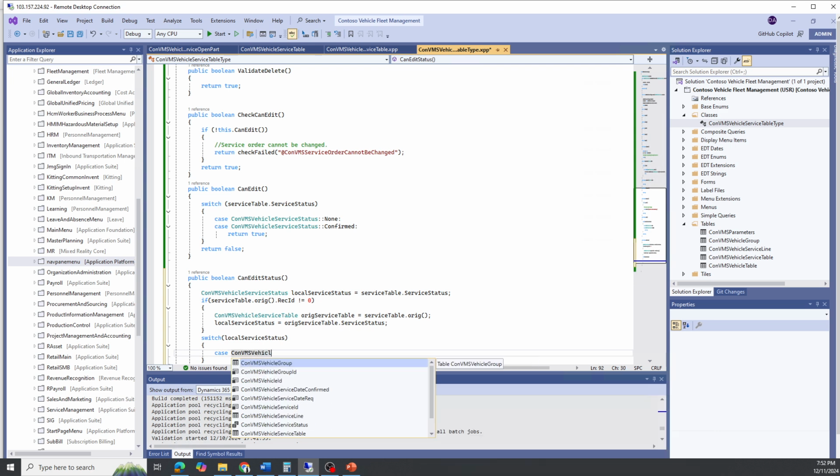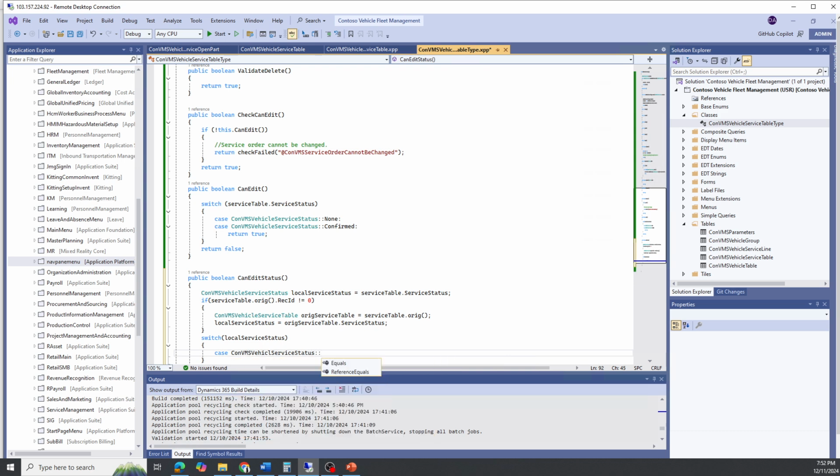Con VMS vehicle service status is equals to, case is con VMS vehicle service status, just a minute, con VMS, okay, so E is missing, con VMS vehicle service status. So this is an EDT field, and I will type it as none,